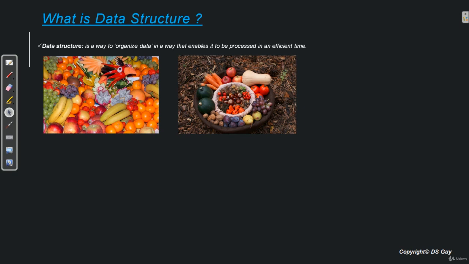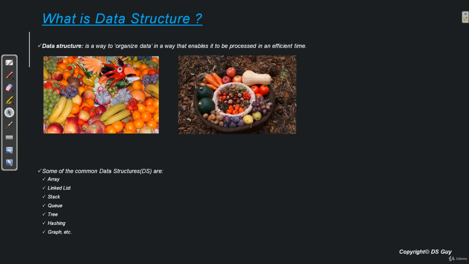That is, we are given some data and we have to do some processing on it. Now before doing the processing on the data, what we do is we organize the data in a certain pattern such that when we are processing the data, it becomes easier for us. Now what are the common data structures that can be used to organize data? It can be array, linked list, stack, queue, etc. Fine. So I hope you have understood what is a data structure.